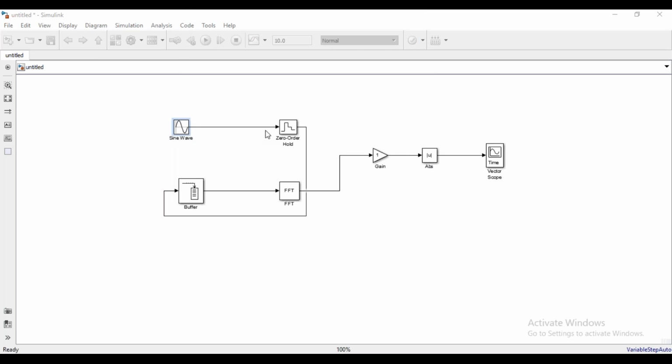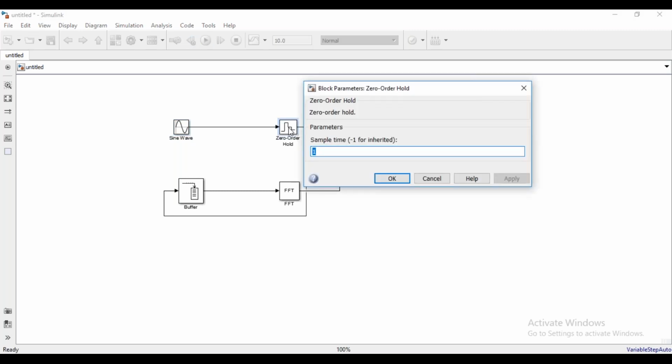Now moving on to the next block, that is the zero order hold, which is responsible for doing the sampling. So here you have to define the sampling period, at what period or with what frequency you want to generate the samples. Okay, and the sampling time will be the reciprocal of sampling frequency, that is Ts is equal to 1 by fs. So you are going to define the Ts here.